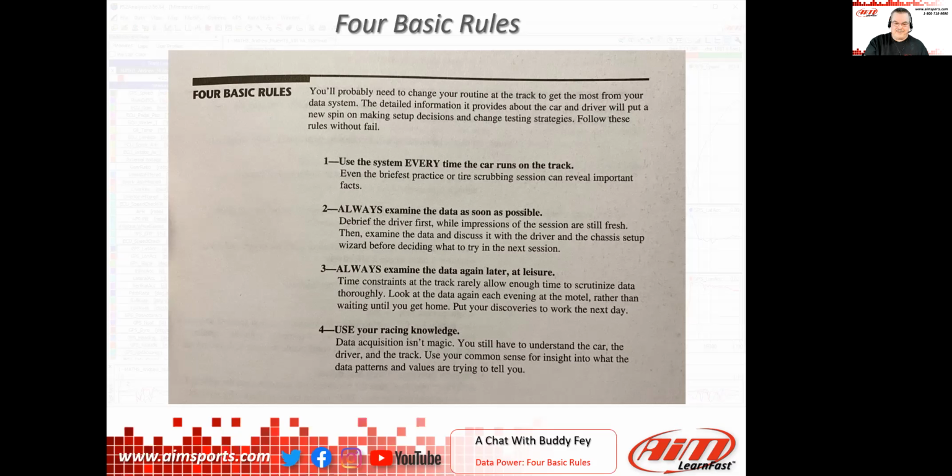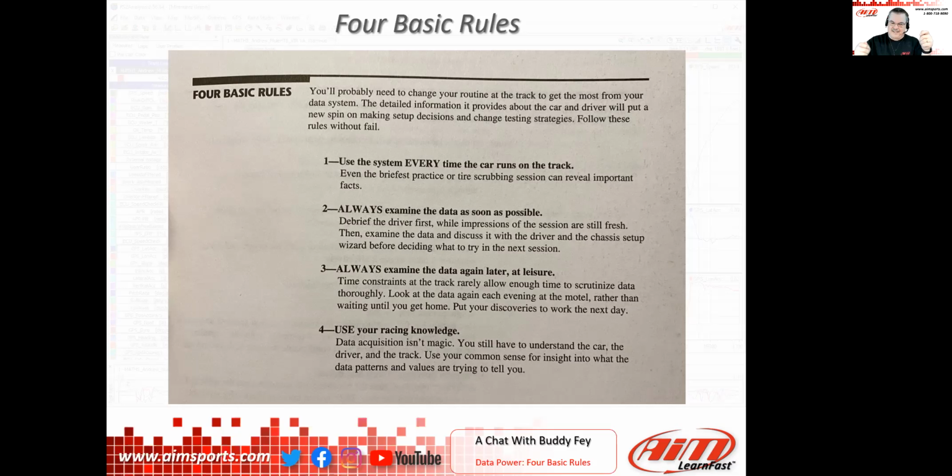Many folks that grew up with video are now seeing something in the video, then they go look at the data. So I think it's really a learning thing. One of the very early ones that I ran into is my son was racing a Spec Miata, and he was 16 years old, right? And he didn't know any better. Finally, we had a camera in the car, and we were looking at it in between sessions.